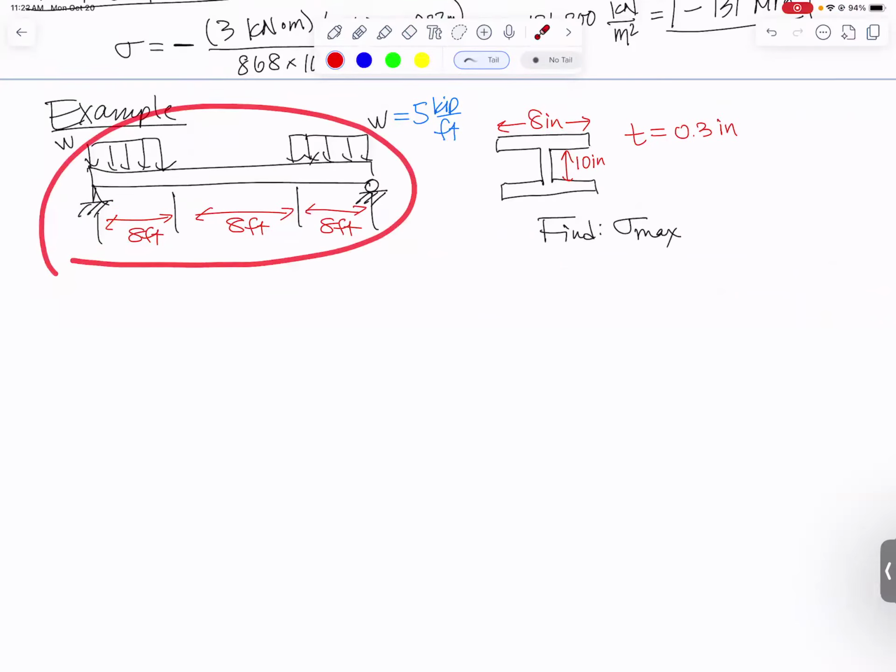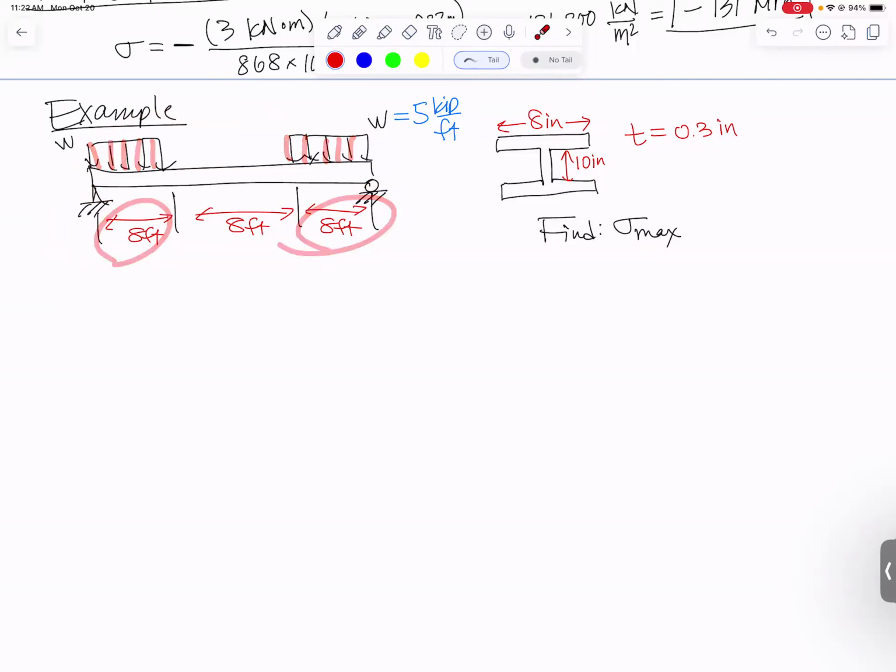So here's the example that I've picked out. It's a simply supported beam. It has a roller on one end and a pin on the other. It has distributed loads on each end over 8 feet with nothing in the middle, and the distributed loading is 5 kips per foot. That's the magnitude. It is a nice symmetric I-beam, and we're supposed to find the max stress